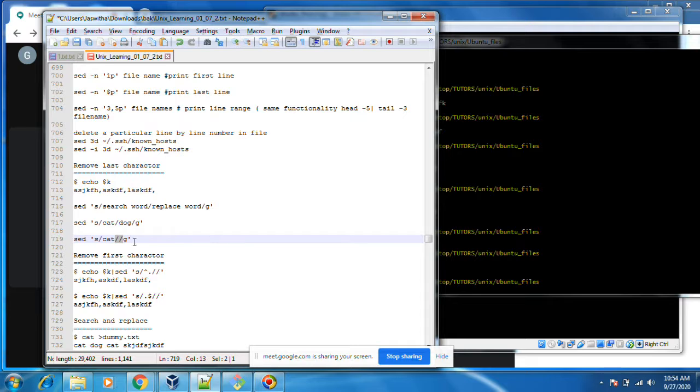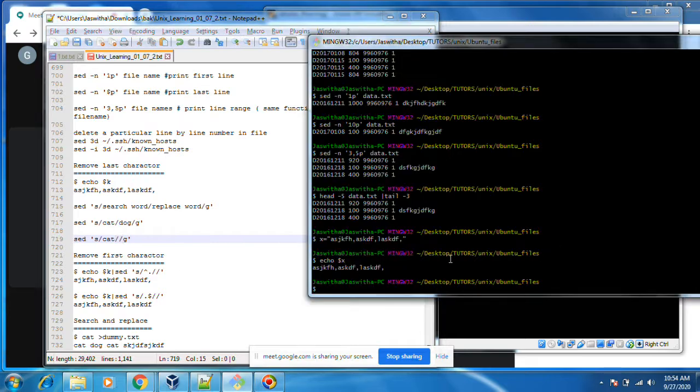Now I want to remove the last character in this output. echo $x, piping symbol, sed 's/.$//'. Dollar means last character. I want to delete the last character.